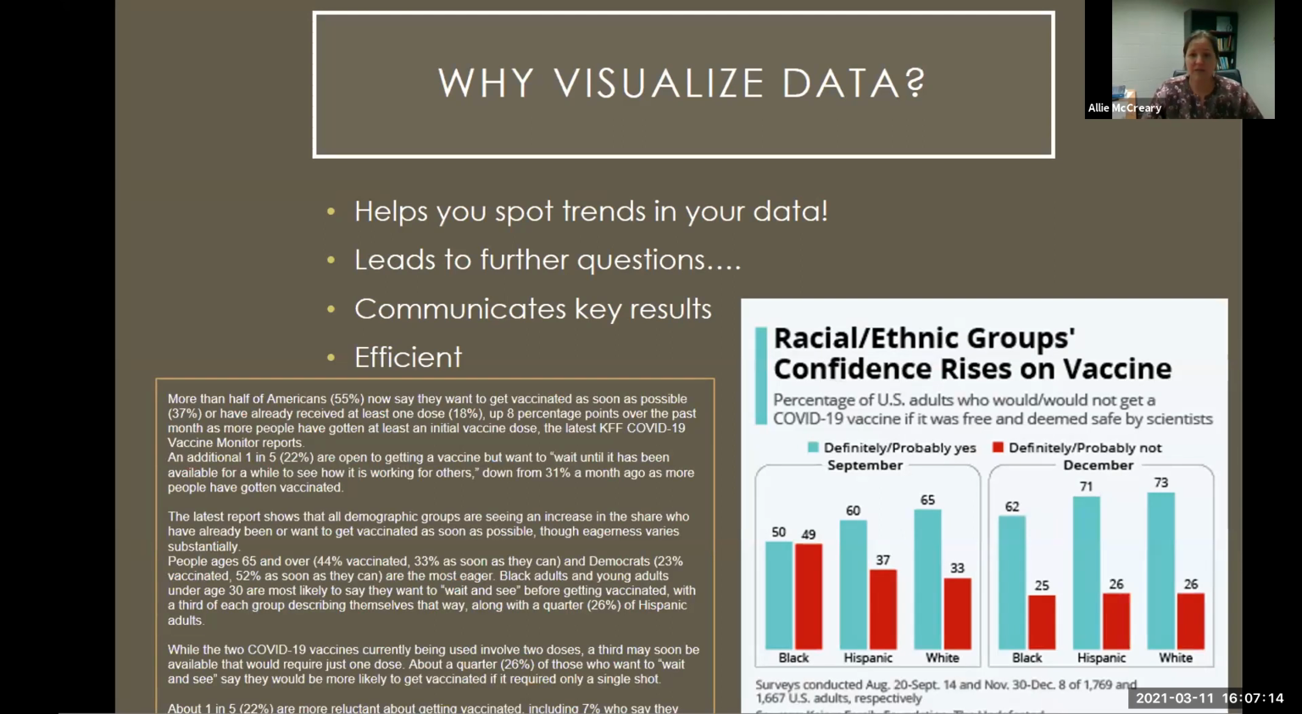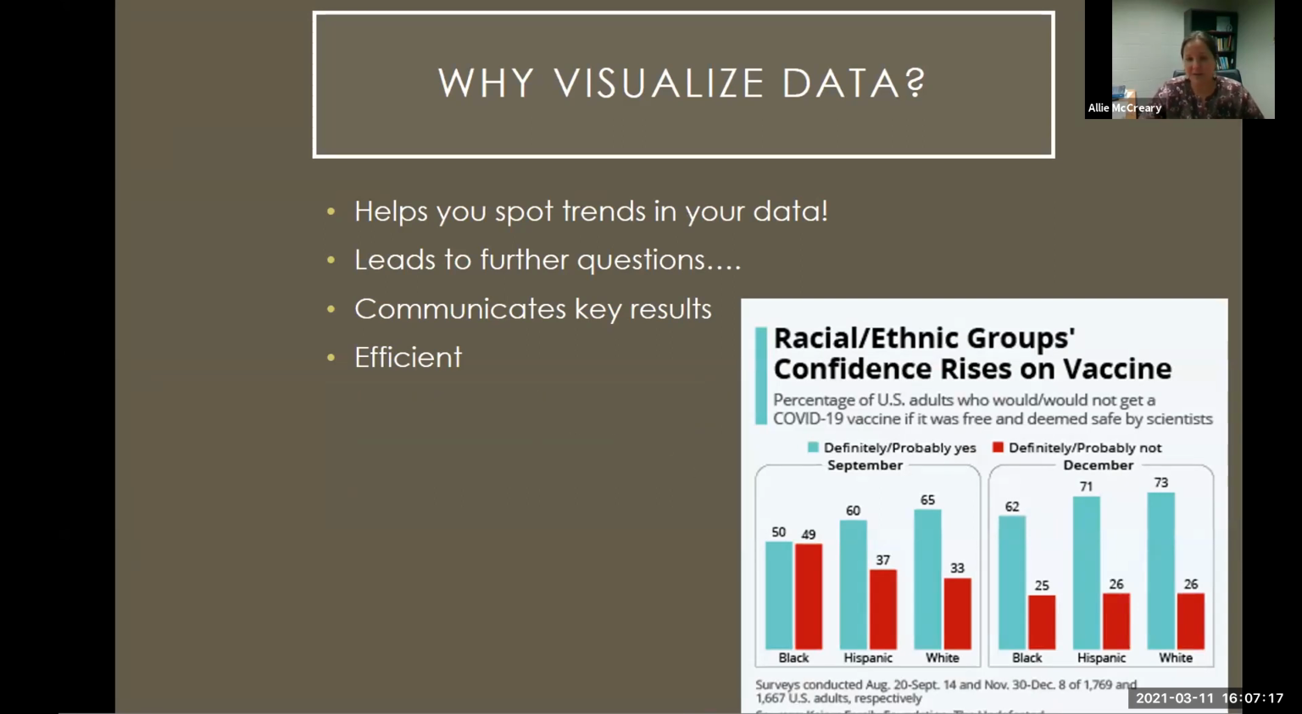So here we see on the right side, well, I'll talk about that first. We see two sets of bar graphs, right? And these are representing confidence in the COVID-19 vaccine, and they're separated by different racial or ethnic groups. And there's two sets because they went out and polled individuals in September, and then they had a similar poll in December. And again, like we talked about in those earlier examples, we can look at these and right away